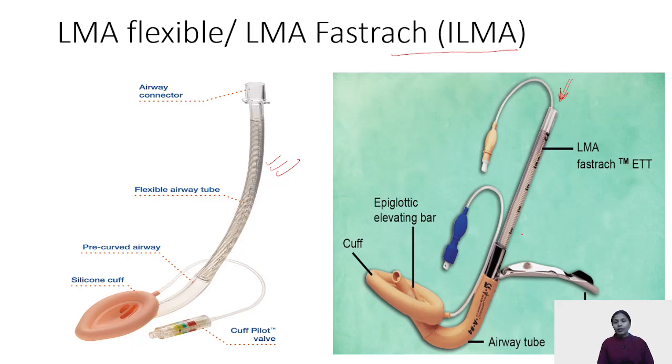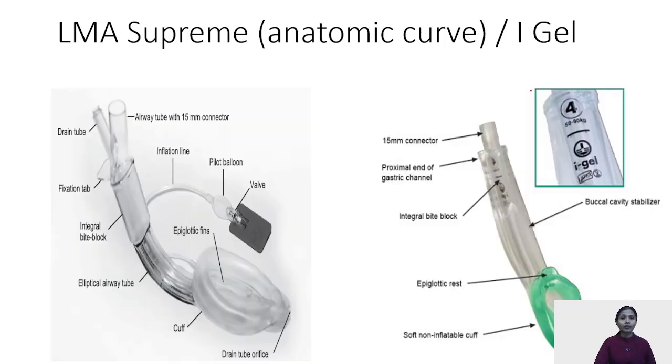The special part of these is that it has a very small curved airway tube. It has an epiglottic elevating bar, which is a characteristic distinction of the LMA Fast Track from other LMAs. Epiglottic elevating bar, the LMA Fast Track ET tube which can be inserted, this is the endotracheal tube which is being inserted. Okay, your LMA is just till here. Only till here is the LMA, and we have inserted the endotracheal tube through this LMA. Generally, the tubes that we use are flexometallic tubes, but there are special tubes which have been manufactured by the respective manufacturers. So this is your LMA Fast Track.